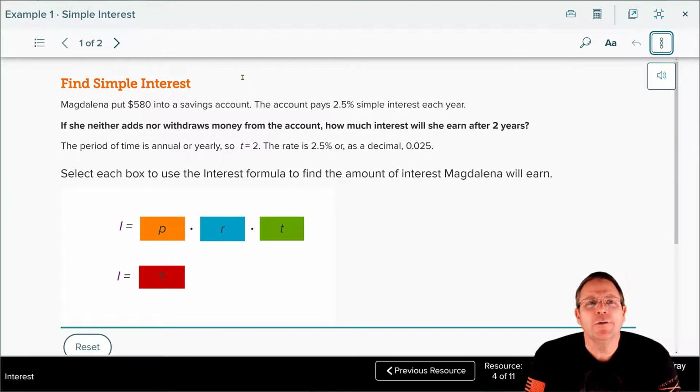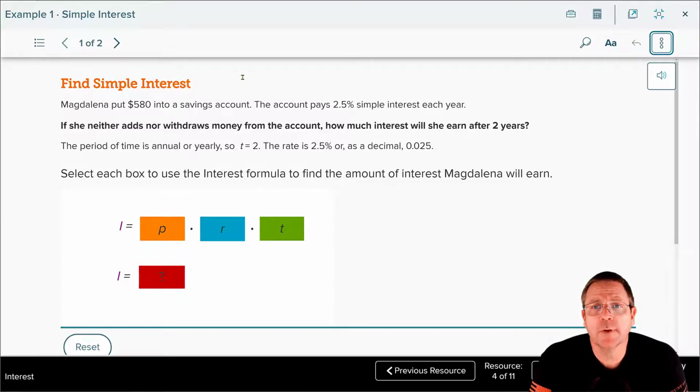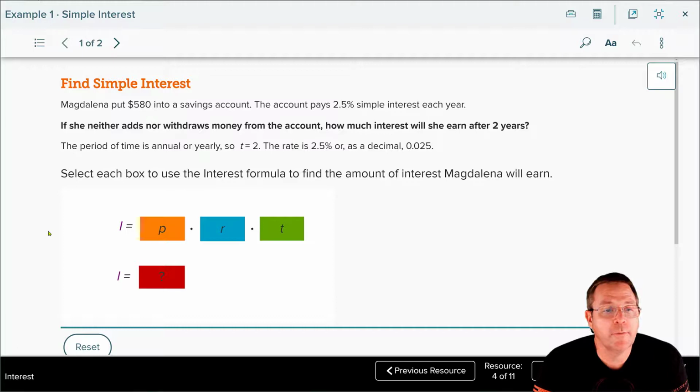Magdalena put $580 into a savings account. The account pays 2.5% simple interest each year. She neither adds nor withdraws money from the account. How much interest will she earn after 2 years? The period of time is annual, or yearly, so T is equal to 2 for 2 years. Your rate is 2.5%, which is 0.025 as a decimal, and the principal, of course, is the 580. So when we work through that,